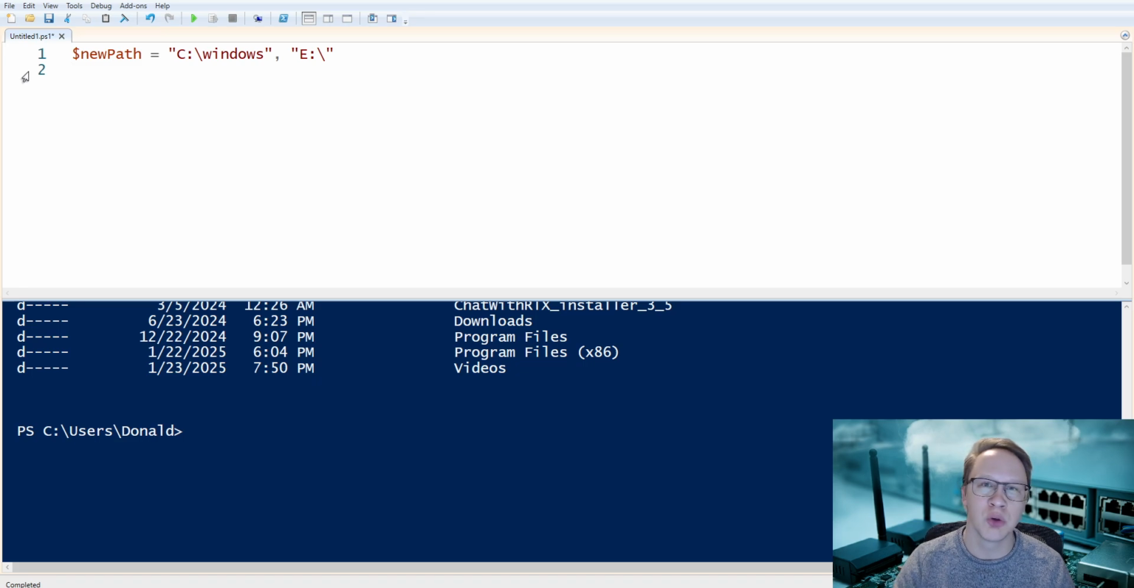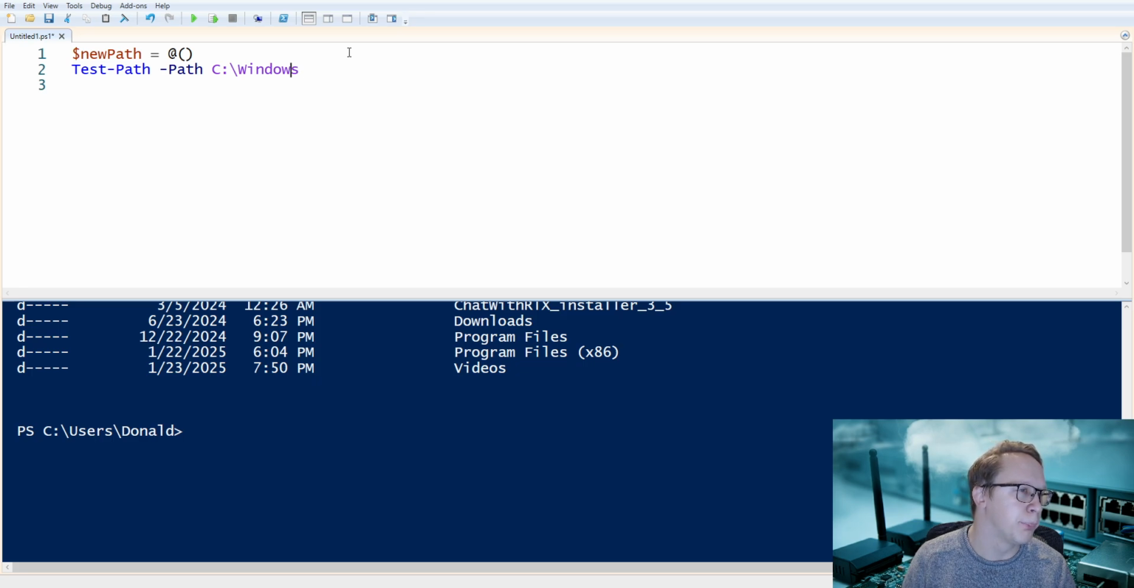So let's see how we can utilize that empty array that I talked about and showed before. So let's create that empty array again. We'll do the @ symbol here. And if we needed to add something into that array, let's say I wanted to just do something like test-path -path equals C:\Windows, and so we'll say new path